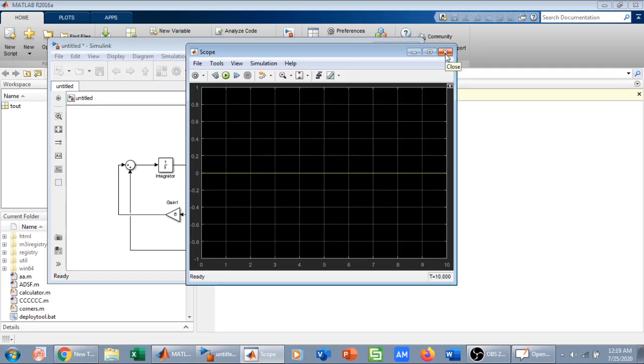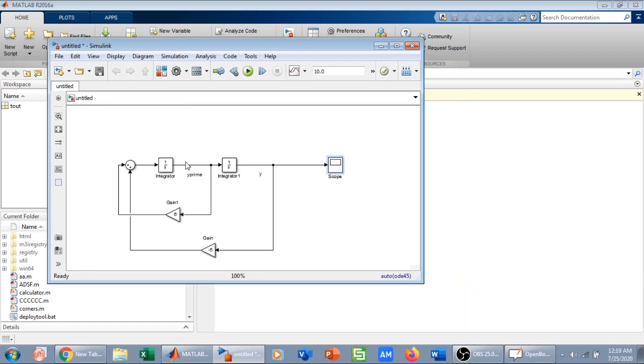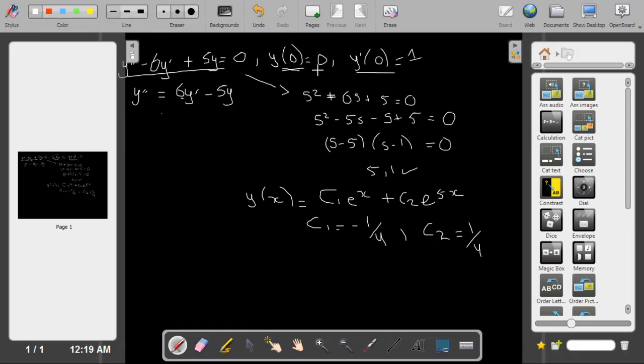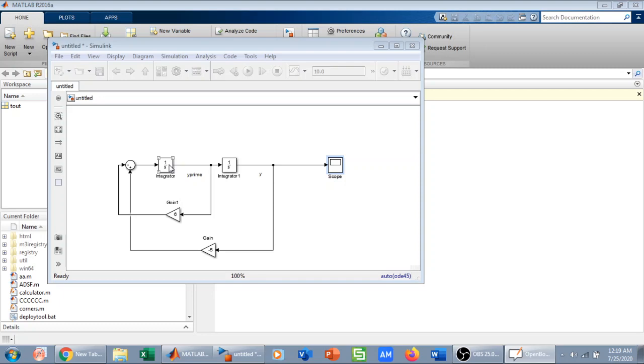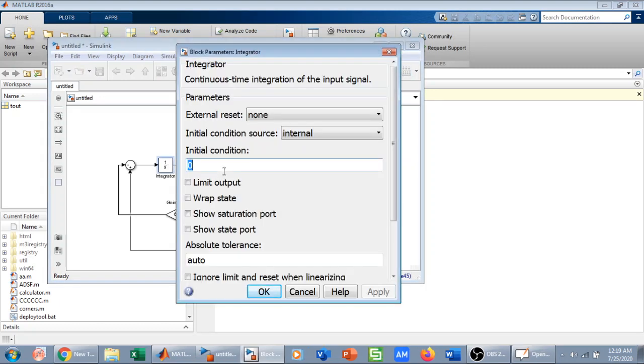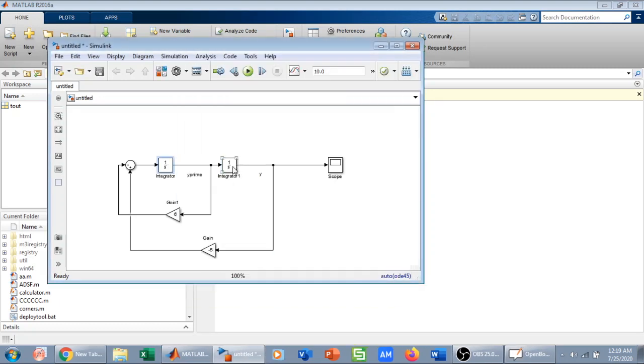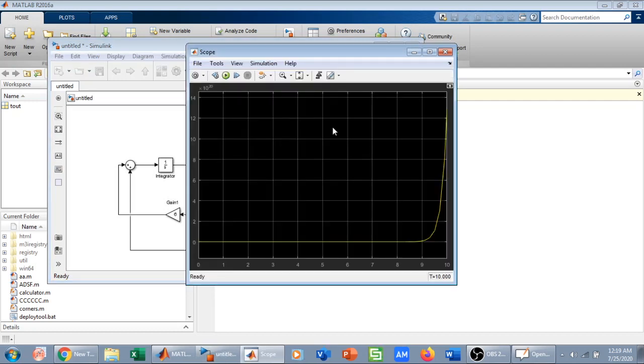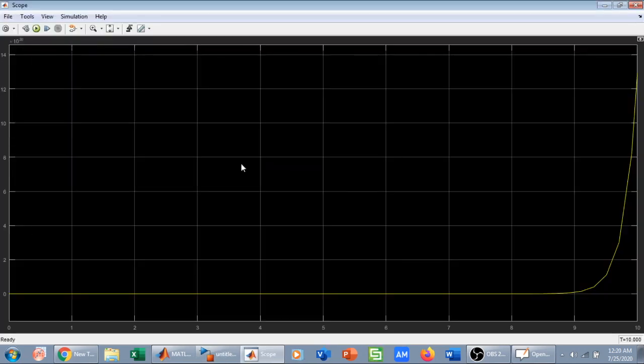So we are not getting the output because we haven't given the initial values, and from the initial values we can see that y of 0 is 0, y prime of 0 is 1. Fine. So y prime of 0 was 1, and this was my y prime. This initial value is 1, and this initial value has to be 0. Okay, so we will run it again and we will see the output. So here we go, we have this output,